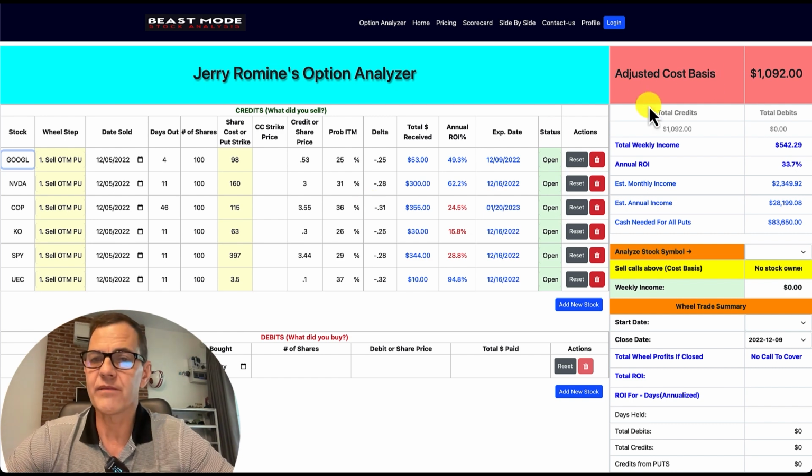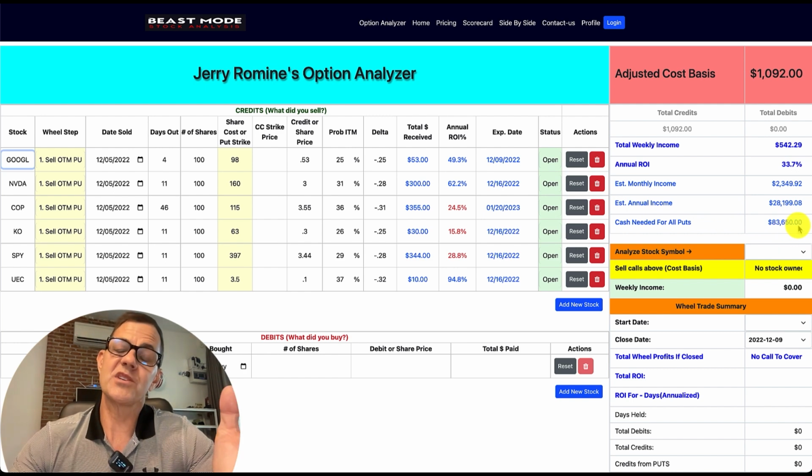And then the last thing, on the far right-hand side, we can see if we did all of these at 1 contract each, our total weekly income would be $542.29. Our annualized ROI would be 33.7%. Our estimated monthly income would be $2,349.92. Our estimated annual income, not bad, just a little over $28,000. And our cash needed for all of our puts would be